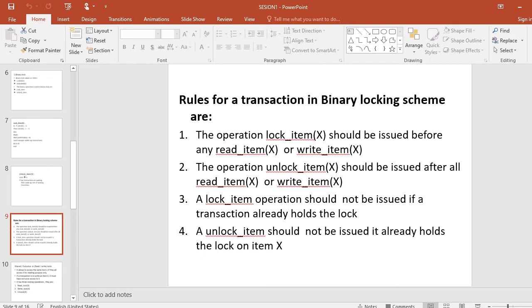These rules followed by a transaction in a binary locking scheme are enforced by the lock manager module of the database management system.